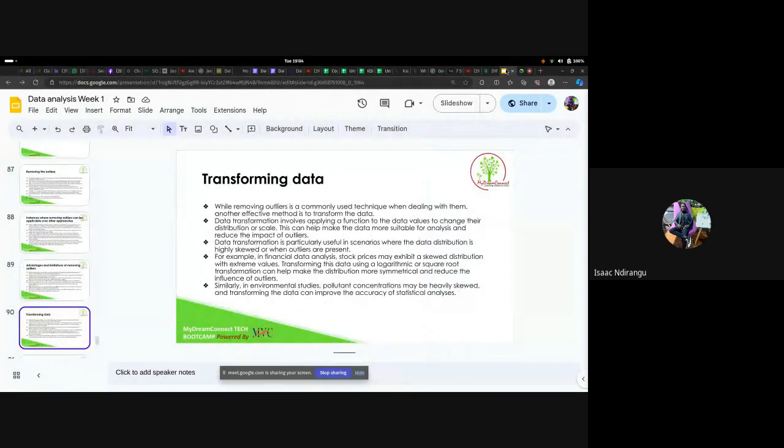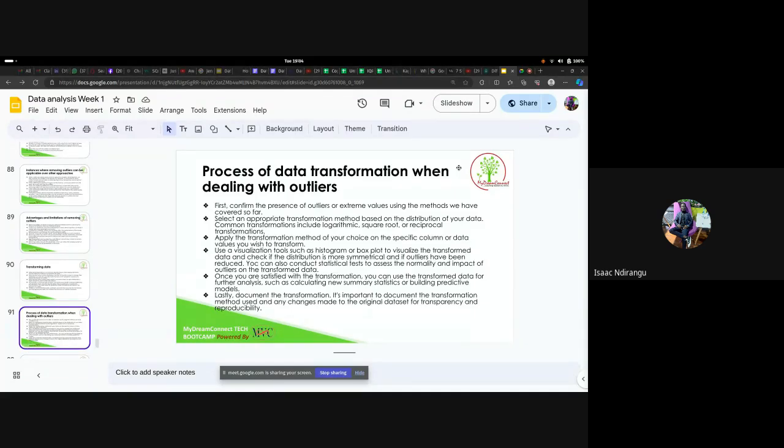Great. So I've just demonstrated the process. You can either convert it to logarithm, square root, reciprocal transformations, etc. Also, if you choose to use transformation as your method of dealing with outliers, it's good to document the transformation